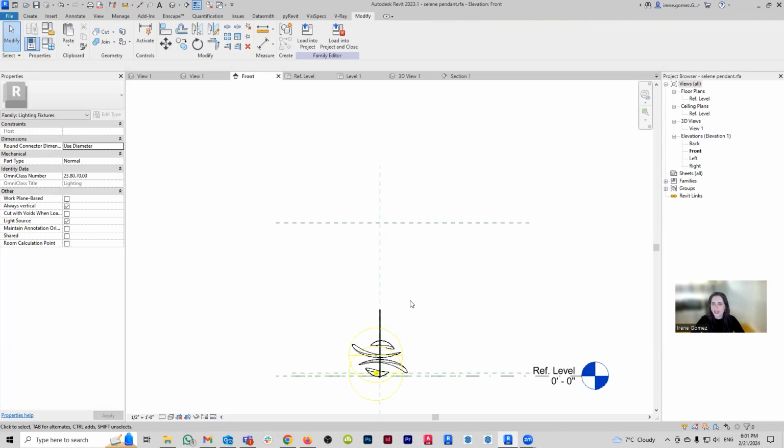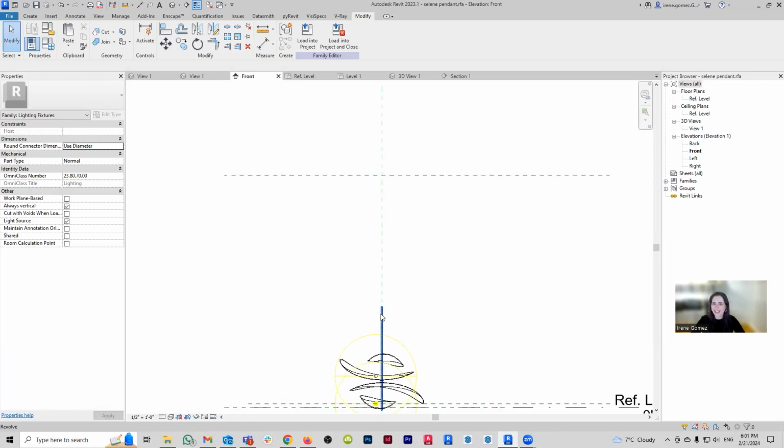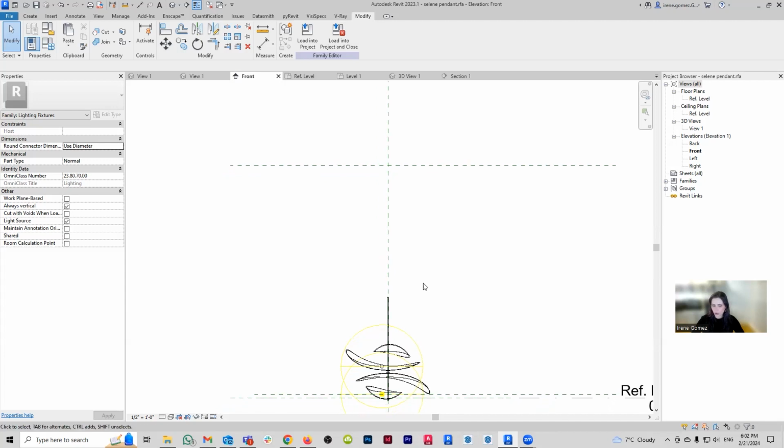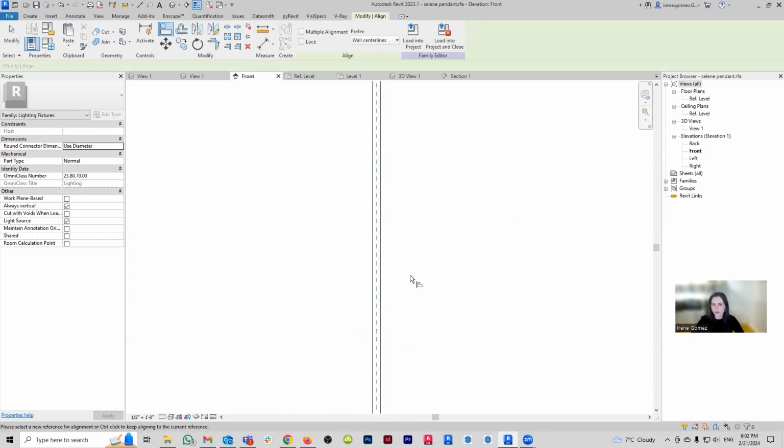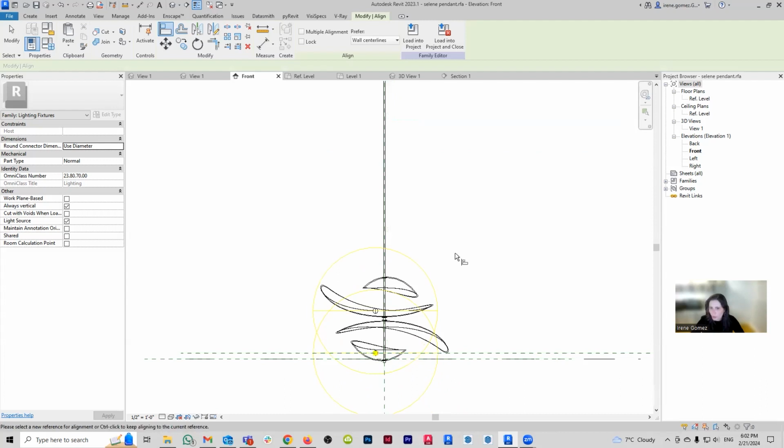And what I'm going to do is, first things first, I'm going to attach the top of my tube to this reference plane. Now with this, you may want to be careful because depending on how you created the geometry, you might deform it when you do this. So let's see if it does it here for me. I'm going to go AL to align. It's this tool here. Click on my reference plane, click on the top of my tube here, and it seems to be okay.